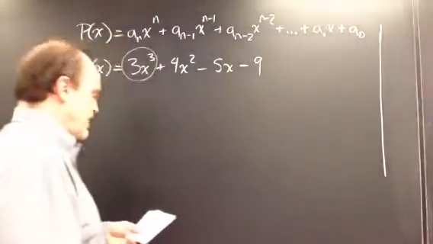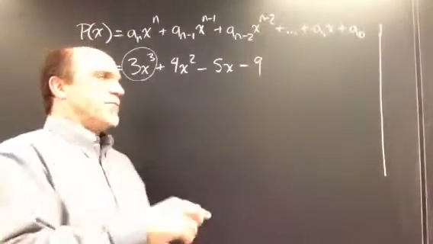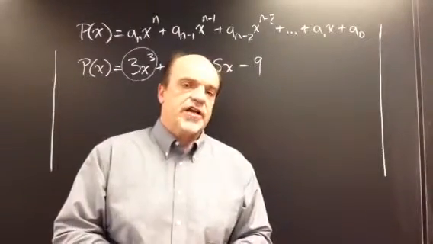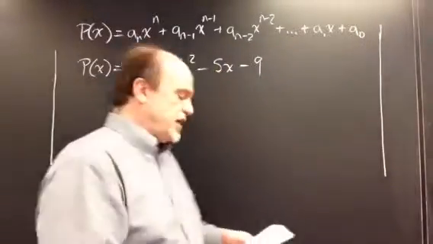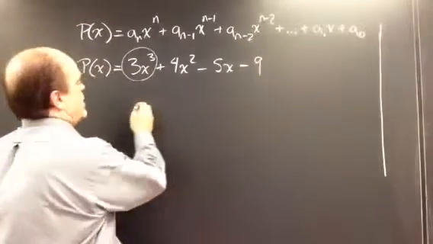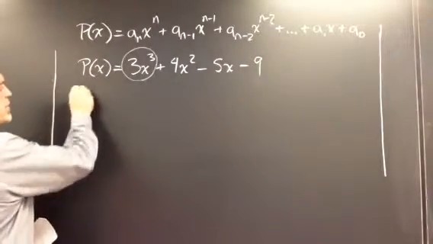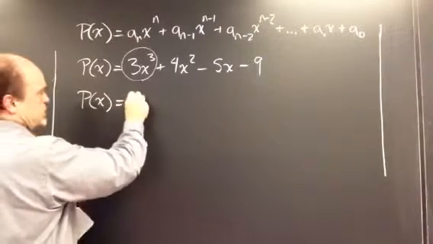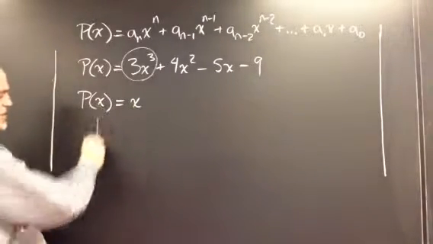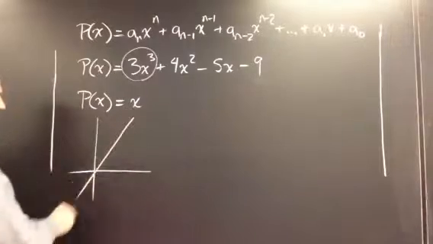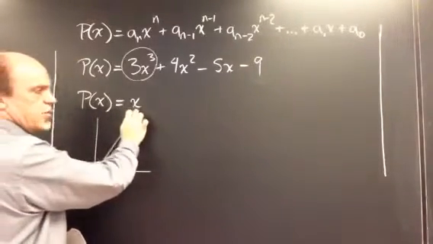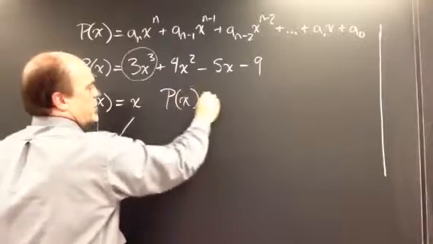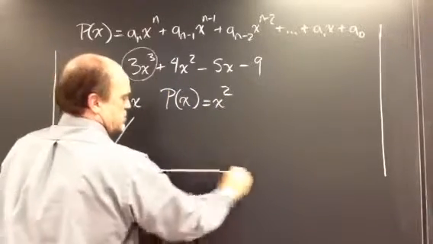So one of the things that we did back in chapter 2 is we talked about some standard equations, some standard functions that you need to be familiar with. And we've already seen the equations. For example, the simplest polynomial is p of x equals x, and that's just a straight line. y equals mx plus b. The slope here is 1. The b is 0. Or if we go with the polynomial x squared,